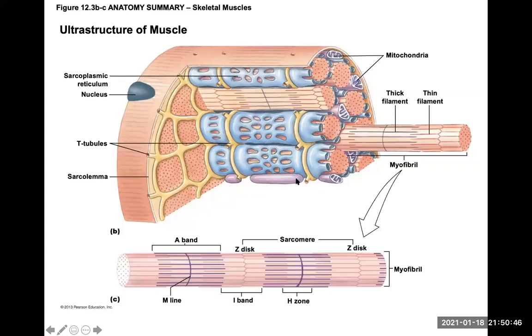Here's the structure, if you guys remember, of the muscle. So this is just going to be the muscle cell with the nucleus on the outside. The blue, if you remember, the webbing is going to be called the sarcoplasmic reticulum. The yellow lines in here are going to be called T tubules. Those are also called transverse tubules. The mitochondria are going to be found all over the place because the muscles have to have lots of energy